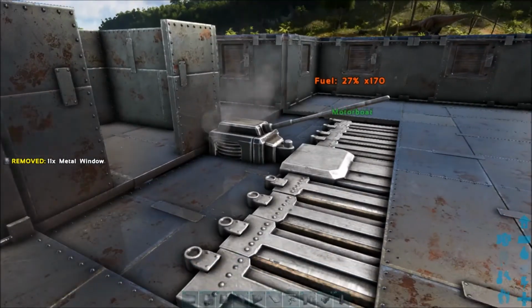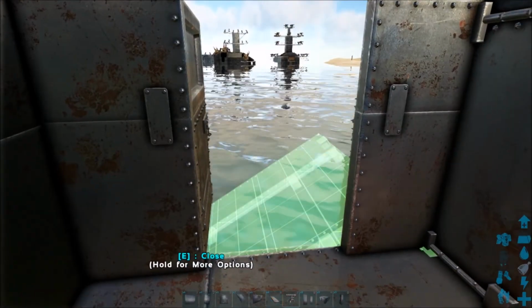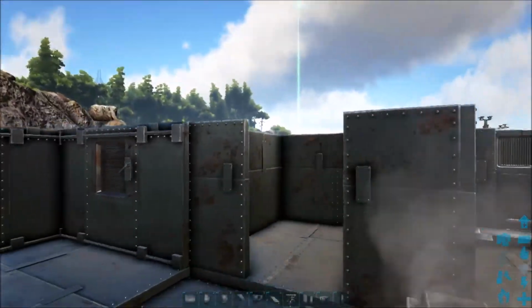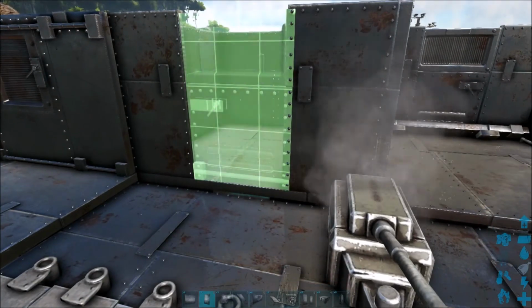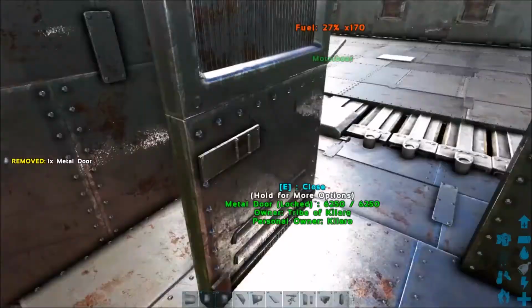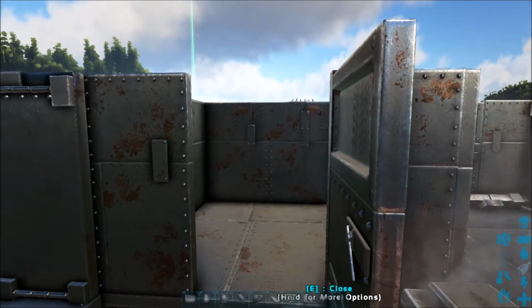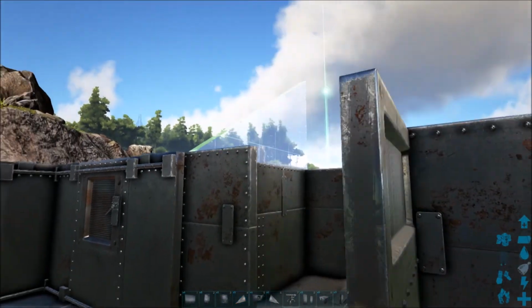Just like that. Off the back, we're going to do our ramp. Just like that, ramp just like that. And then a doorway here too, I forgot. We want to put that one in there and then open it out like that so we can put the generator in. Then we're going to do a slope metal